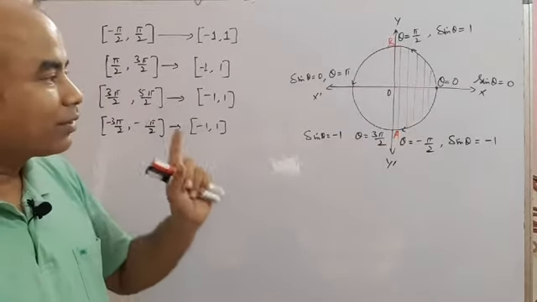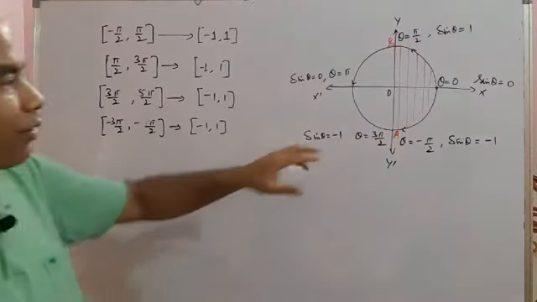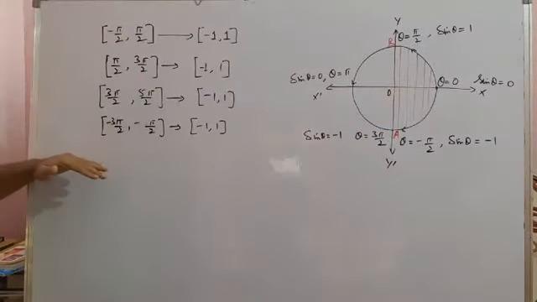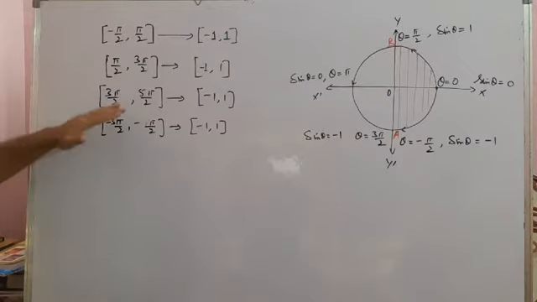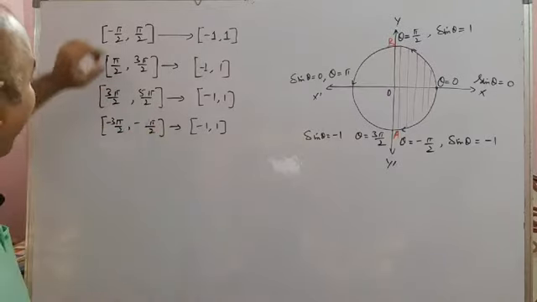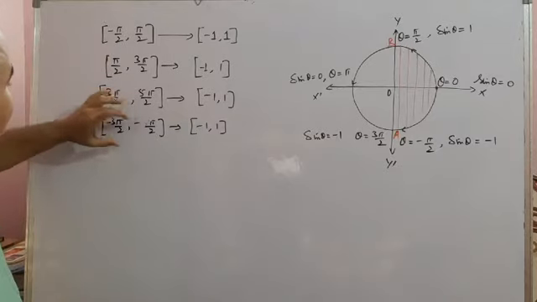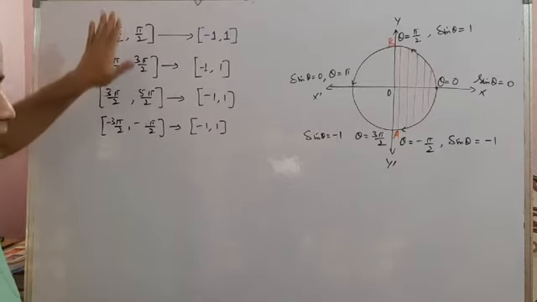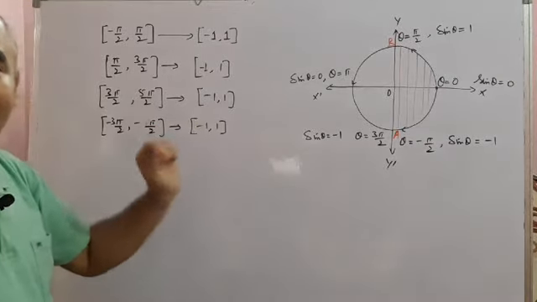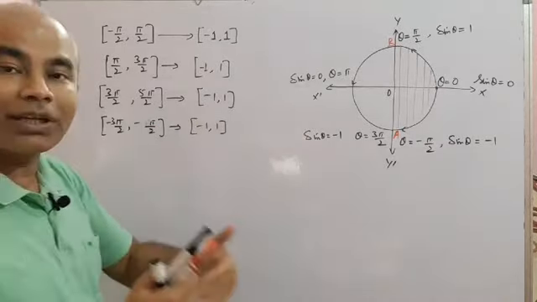Clear now? So that means sin theta takes all the possible values from minus 1 to plus 1 in these intervals. Okay, in these intervals. We have infinite number of such intervals, just I have written a few of them. Out of this, if it is in the negative side or if it is in the positive side, out of this, where the angle theta is numerically small, angle theta is numerically small means ignoring the plus minus sign.